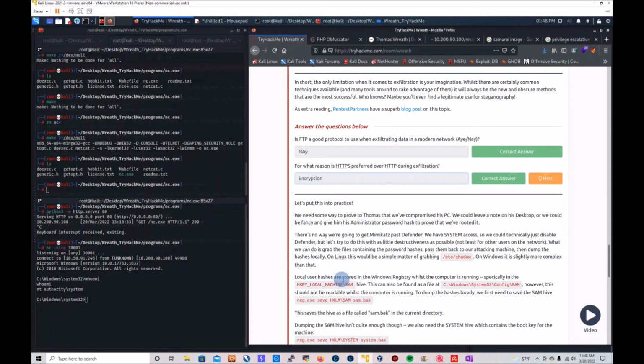All right, so local user hashes are stored in the Windows registry whilst the computer is running. This can also be found as a file here. However, it should not be readable whilst the computer is running. To dump the hashes locally, we need to save the SAM hive. So let's